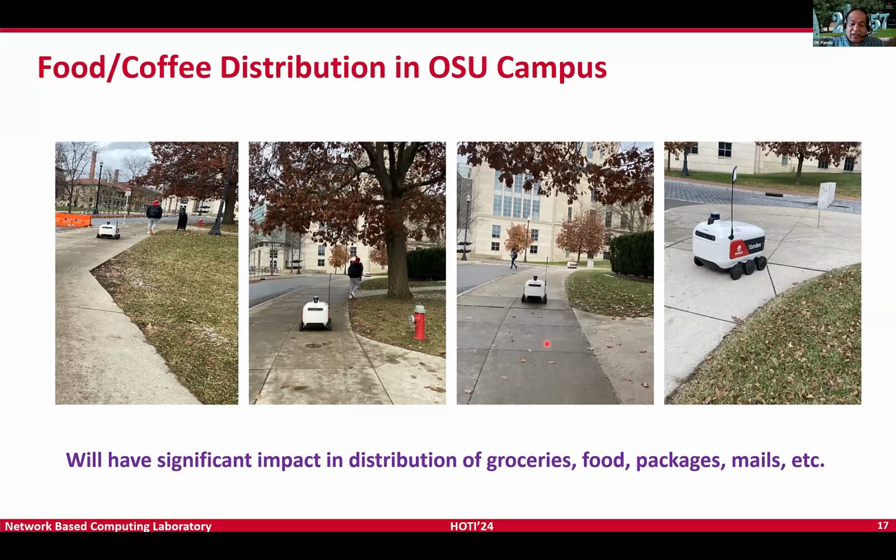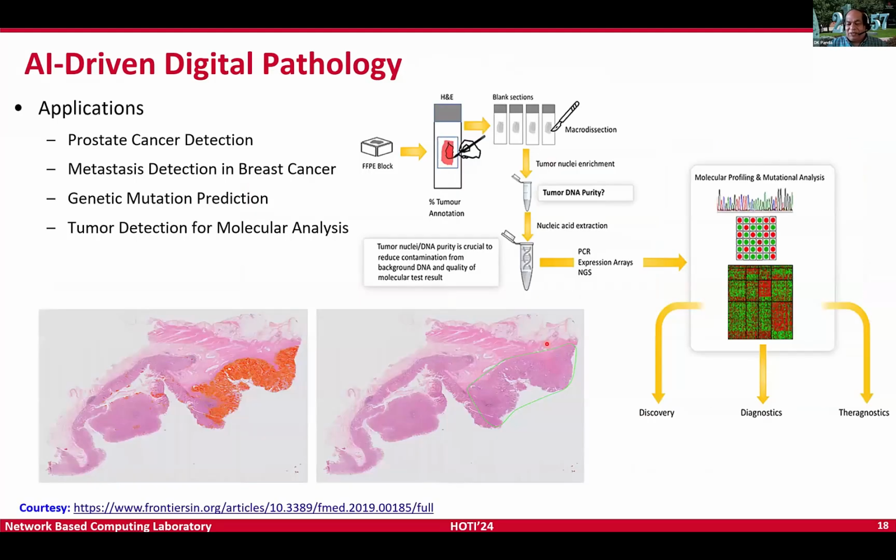the dorms. And this is significantly growing, and every month you will see many different places, different countries. This distribution of groceries, food, packages, mail is happening like this. Okay, not only this, even through drones also. In fact, today there is a news. If you have seen people on the Great Wall of China nowadays, while touring the Great Wall of China, you can actually order food, and the drone goes and delivers the food while you are touring that area. So people are coming up with better and better solutions.